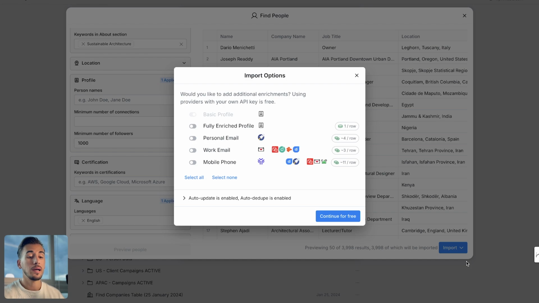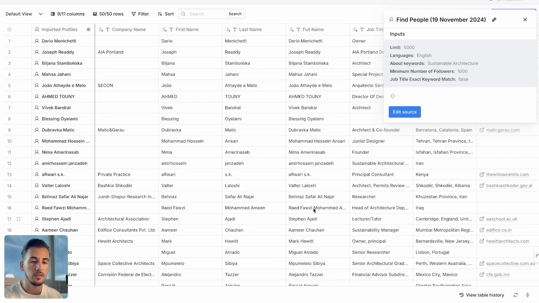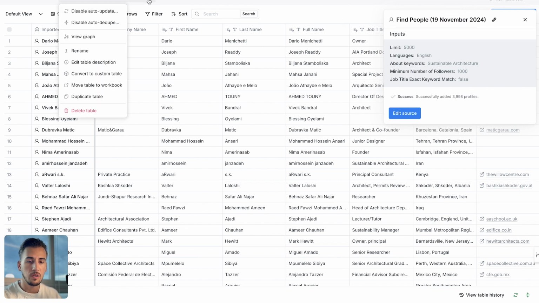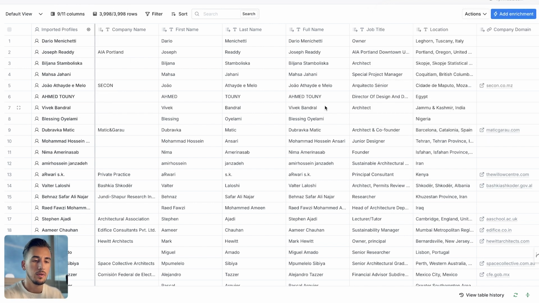We can directly import these people into a spreadsheet. So Clay is like Airtable, like a spreadsheet on steroids that we can use to connect a bunch of other software to automate this. So right now what we did is we found this, and we're going to put the keyword in there, 1K plus followers. And we're going to copy this quickly, just make sure this is everywhere. Put that in there. We're going to make sure we name this table. There we go. Rename, and make sure that that's saved, so then we know what we're talking about.